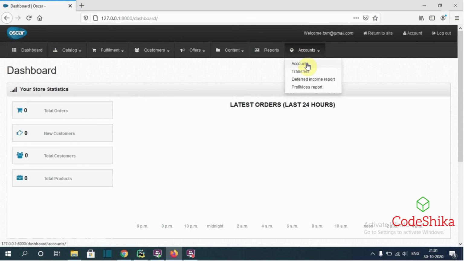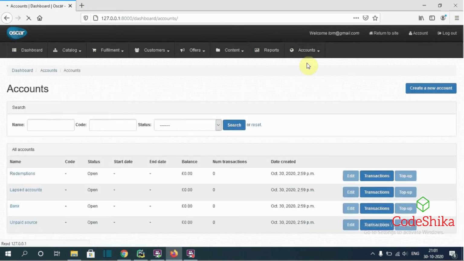So I will open here only Accounts to show you. So these are the default accounts provided by our package, that is Redemptions, Lapsed accounts, Bank account, and Unpaid source account. Okay, and here from Create new account we can create the gift cards for our shop.